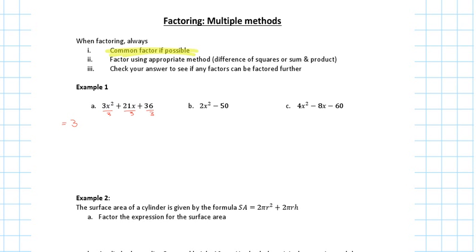Now, that will give me what? 1. X squared, yeah. What's 21x divided by 3? Plus 7x, yeah. Plus 12. Awesome. So you got your first step and you did your greatest common factor. Now,